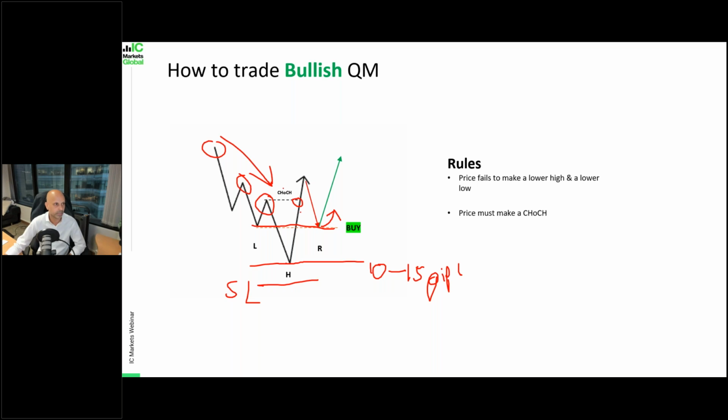So that's when you know that the pattern is invalidated and we have a change of character, and as price reverses back down to this neckline here, if price bounces off this level, that's when we know we have a confirmation of the bullish reversal, right? So price should bounce off this level. That's where the buy entry will be identified, around this neckline or just slightly above, and stop loss will be just below the head.